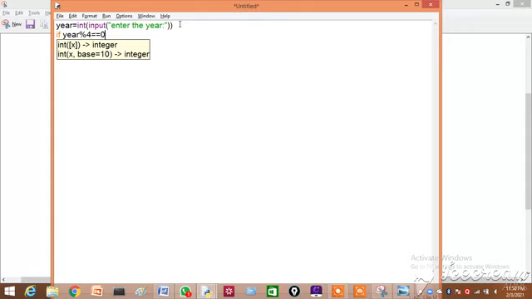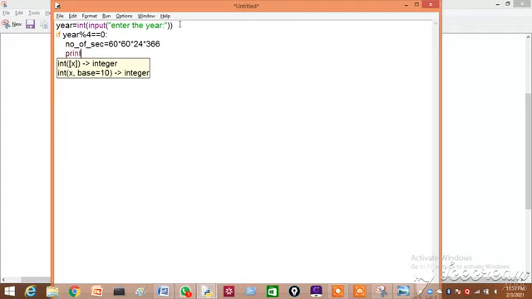So here I am using a checking condition. The logic is if. If year... how will we be able to find out whether it's a leap year or not? If the year is divisible by 4, then it is a leap year. Otherwise it is a normal year. So now I am using the condition here, year modulus 4 equal to 0. Then it shows it is a leap year.